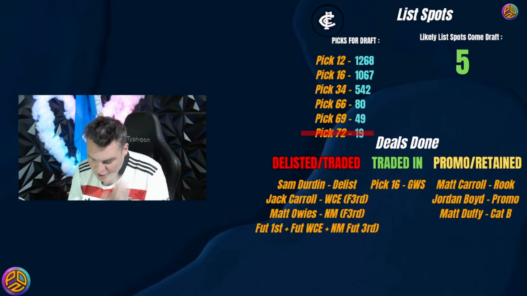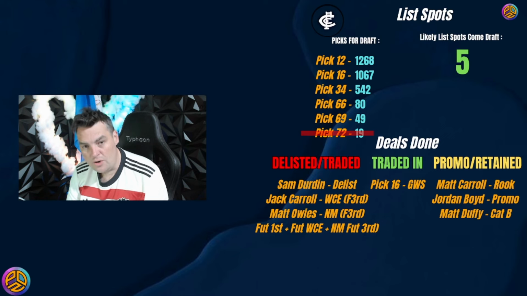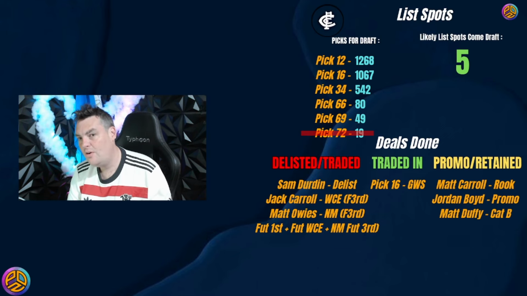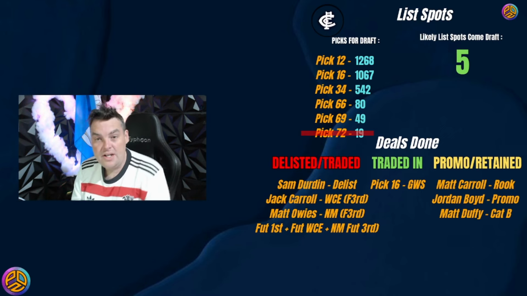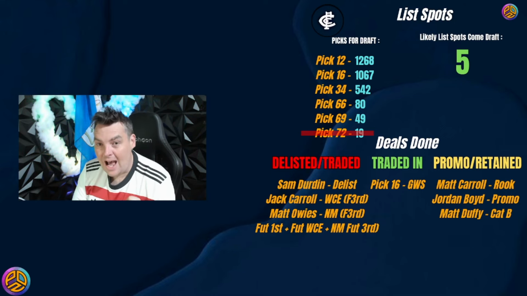I don't want you to get too caught up on what's happening. I just want you to see how the list spots work. We rookie A, Matt Carroll, promote Jordan Boyd because he's served his 3 years on the rookie A, and the category B gives us 5 list spots. So under that scenario, Carlton, you can see here, would have pick 12, pick 16, pick 34, pick 66, pick 69, and then we've readied out,